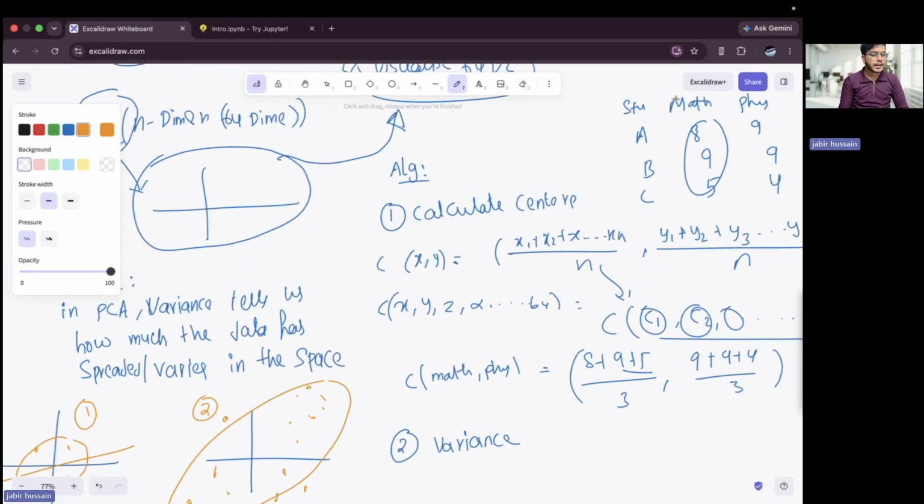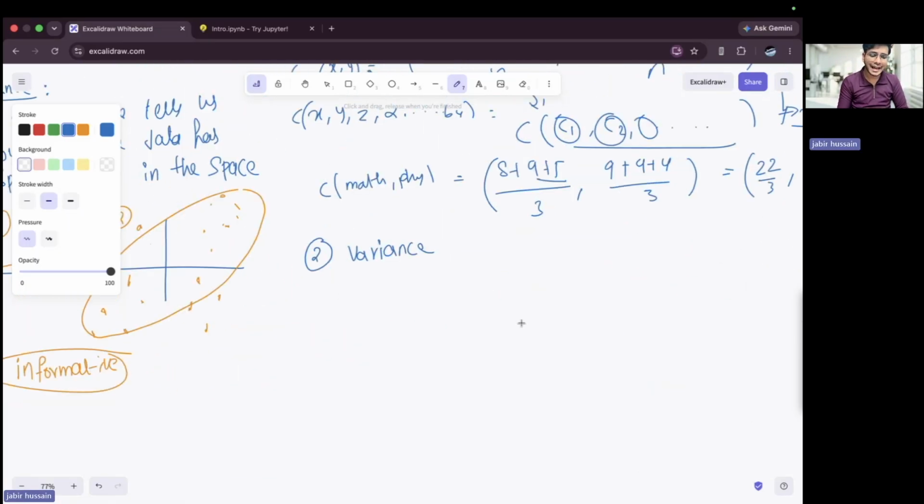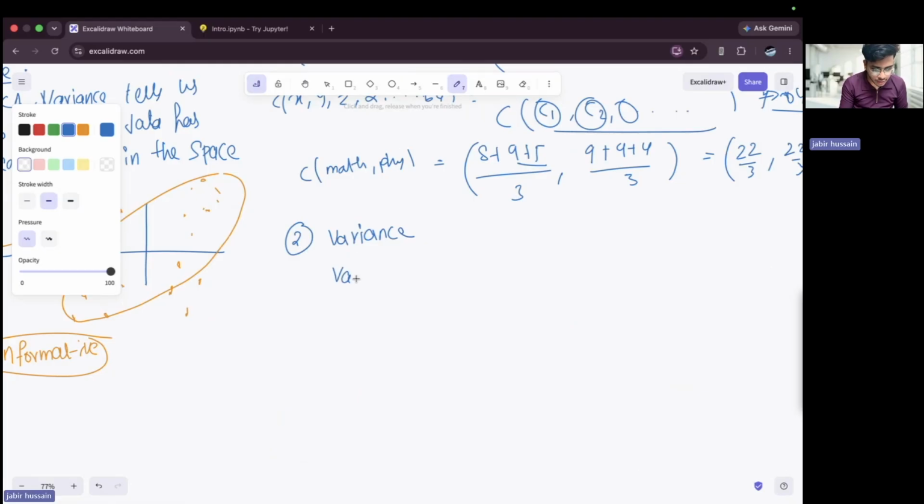So that is why we need the data which has more spread. And to tell which data has more spread and which data does not, we use a parameter called variance. Okay, so this is the definition of variance. And how do we calculate variance? Variance of math comma physics in our example,